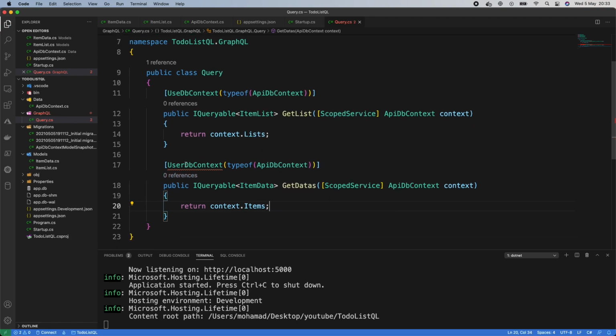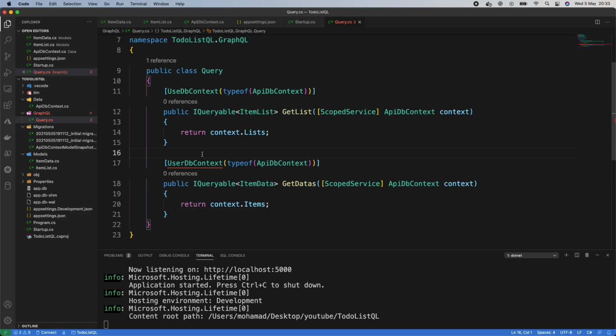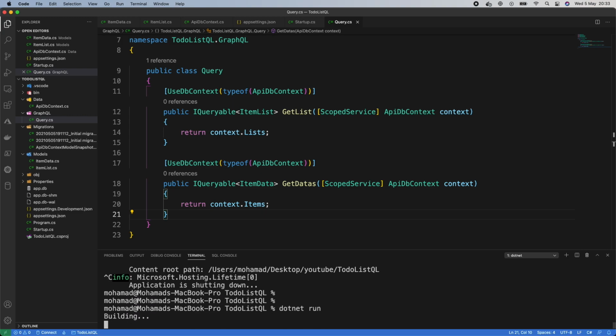Great. So now we have done that. Why is this complaining? Oh, it's Use, not User. Okay, great. Once we have done that, let us stop the application again, run it,